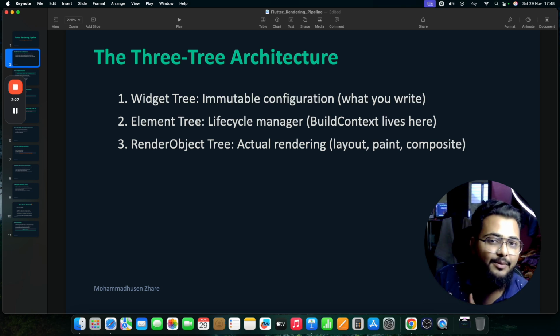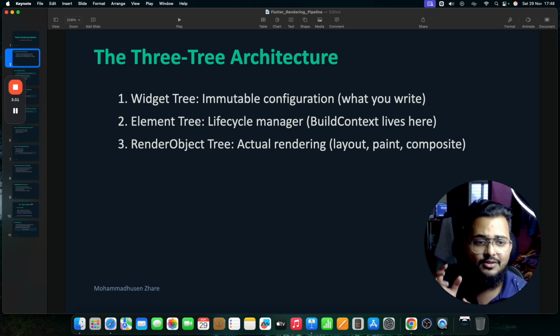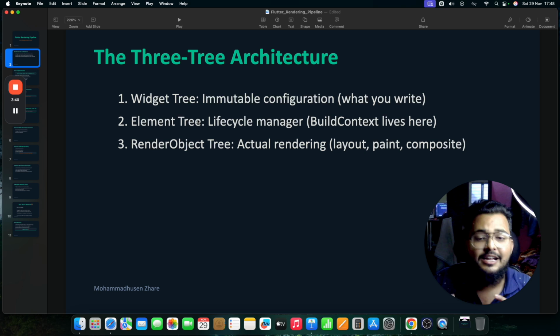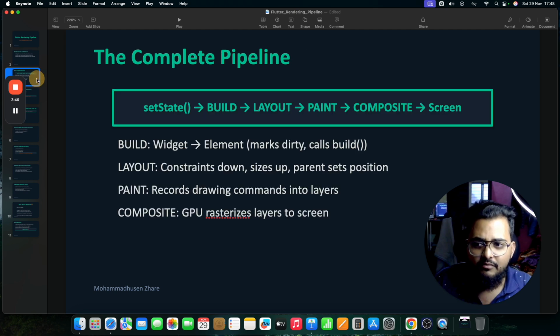That's just a visual representation of IDEs, but actually the element tree consists of BuildContext. Okay, got it. Then next comes the render object tree, which is the final phase, the final ending of the pipeline, where constraints and rasterization all come into the picture.